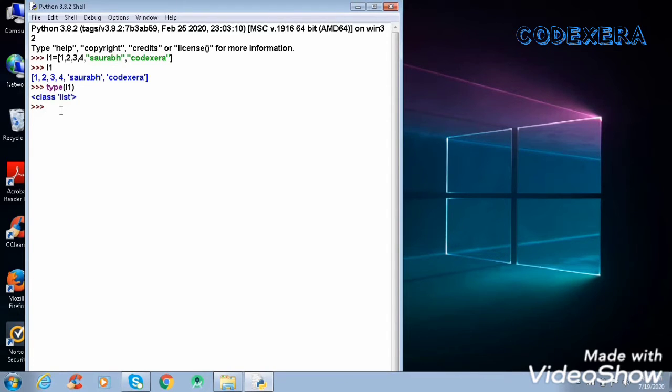As we have already done indexing in strings, a list also allows indexing and slicing. So we know how to do indexing. Just write the name of the list and put the index number.